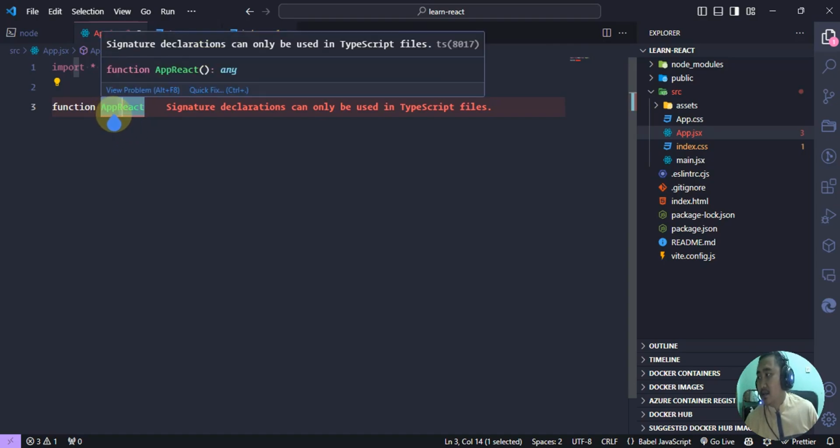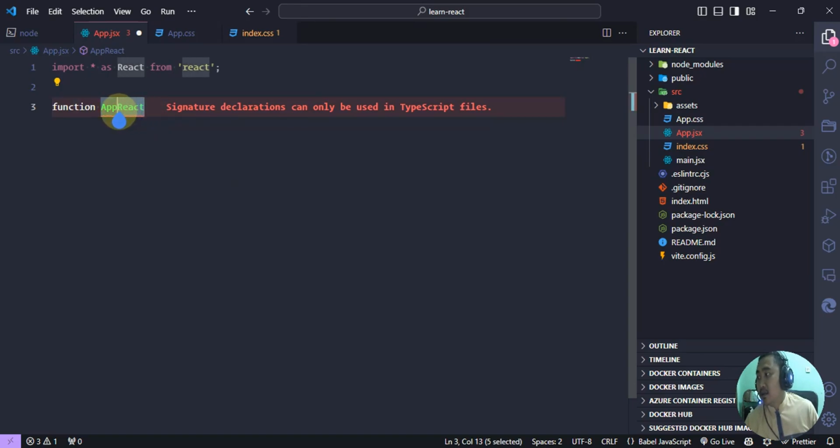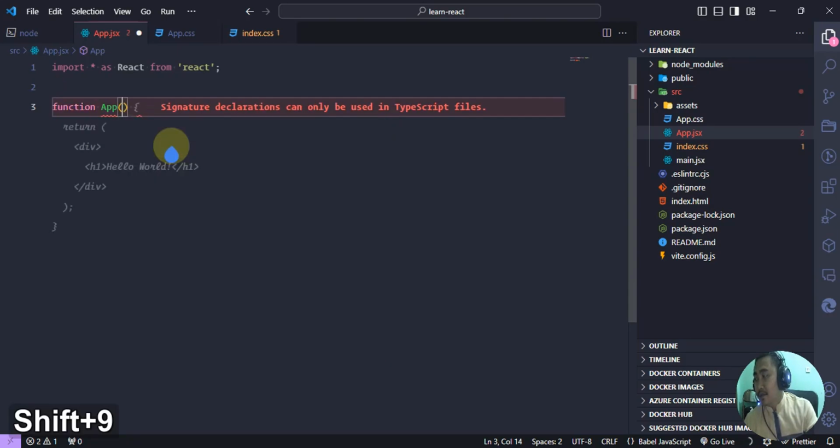Now this is what we call camel case. This is the best practice when we are creating a React component. Okay, let's delete. We just call our component App, and then